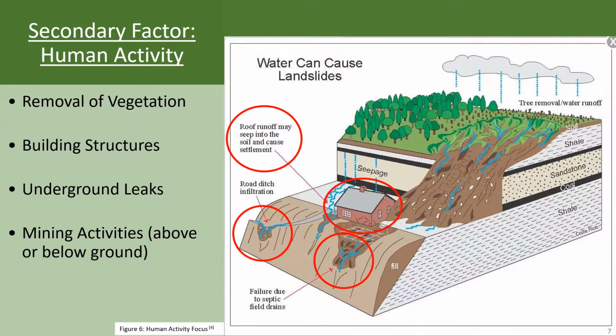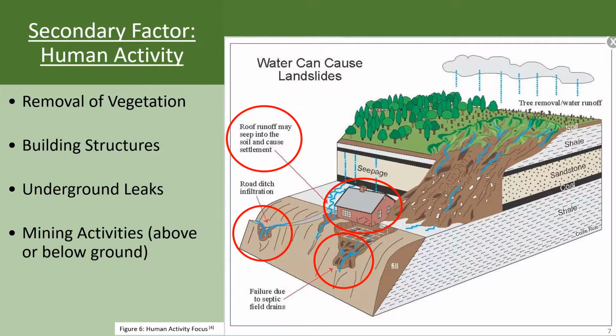The first of the three secondary factors previously mentioned is human activity. Human activity can consist of the following. The removal of vegetation such as trees, grassy area, etc. can remove important plant roots that provide support and structure for soils, therefore leaving them looser and more likely to